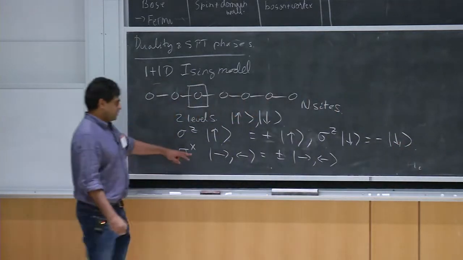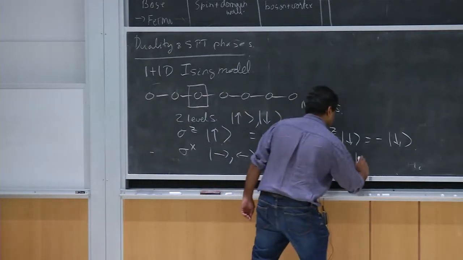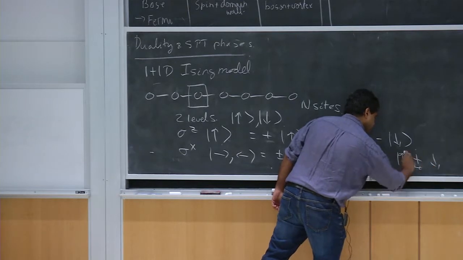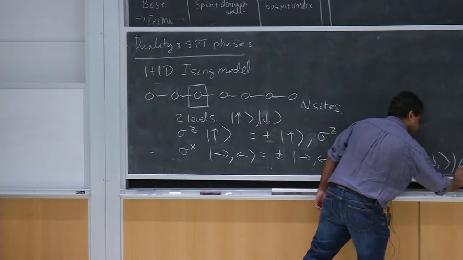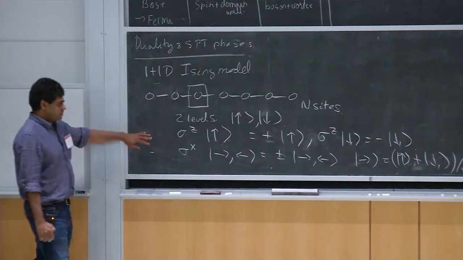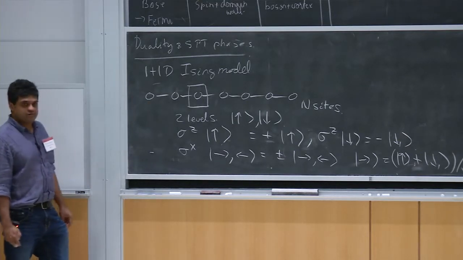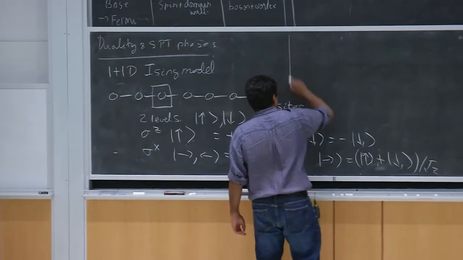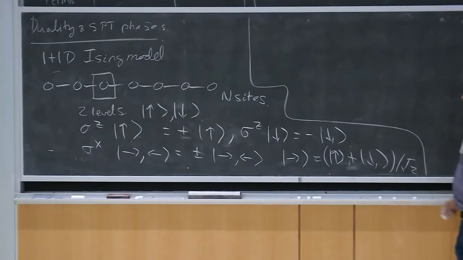Okay, but then you can also define these objects, which are the linear combination of up and down. So we have these Pauli operators at our disposal, but on every site. And we're going to take eventually the number of sites to infinity. So what is the Hamiltonian for our model?